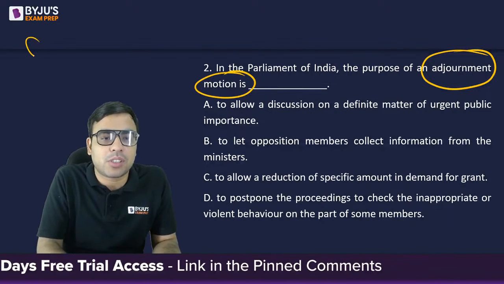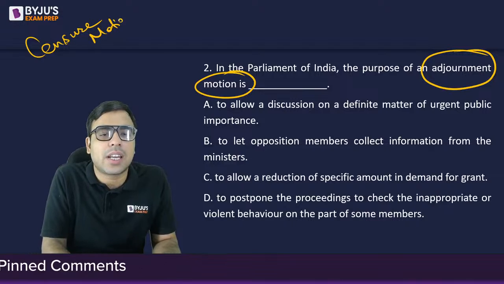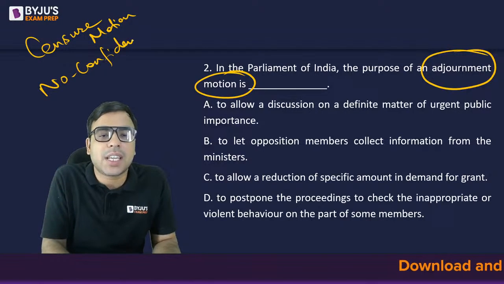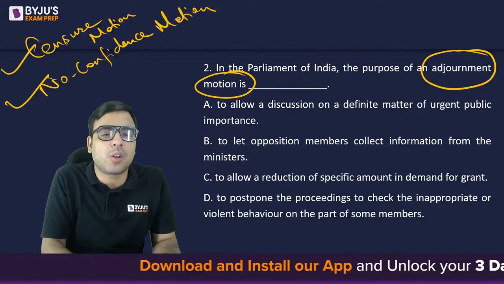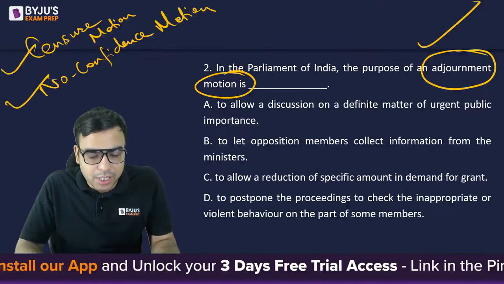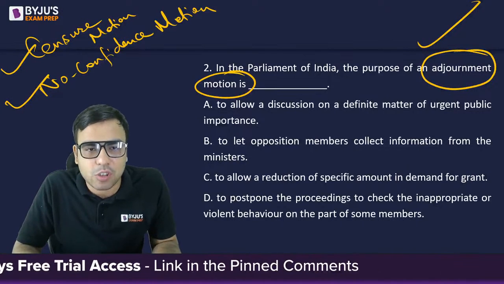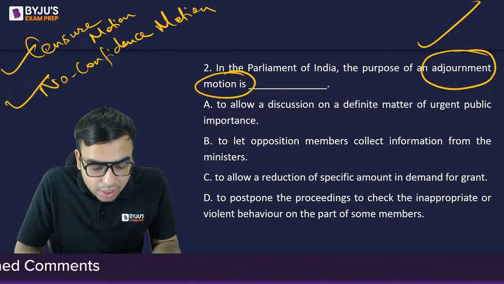एक एडजॉर्नमेंट मोशन, फिर एक होता है सेंसर मोशन, देन सम देयर इज अ नो कॉन्फिडेंस मोशन. दीज आर वेरी फेमस मोशंस, तो आपको पता होना चाहिए ये सब क्या होता है. सेंसर मोशन, नो कॉन्फिडेंस मोशन, एडजॉर्नमेंट मोशन. सो दीज आर द फेमस मोशंस इन द पार्लियामेंट. तो ये आपको पढ़ लेना आफ्टर द क्लास इज ओवर. Go and read about censor motion and no confidence motion as well. So yes,